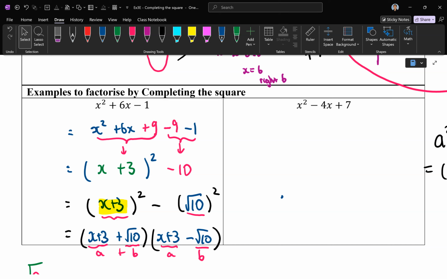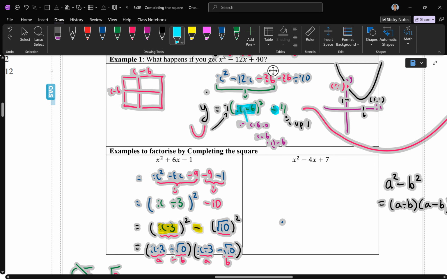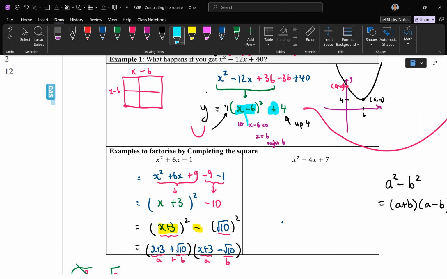This one does not have a difference of perfect squares because you actually need a minus. Notice the previous example. When you have a plus, see that plus 4 there? When it's a plus, you can't do something squared plus something squared. It's not a difference of perfect squares formula, so therefore you stop there. There's no x-intercepts for this one. Same thing for this one here. If you do it,